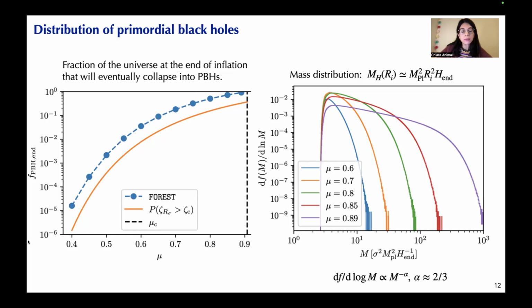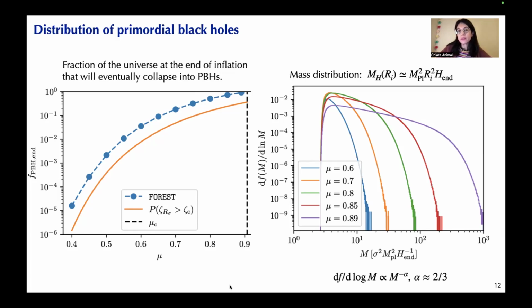We also compare the result of our numerical procedure, that are the blue dots, with a simple analytical estimate that is based on a Press-Schechter calculation on the curvature perturbation. We see that the two results have the same behavior, and the difference is of about 1 order of magnitude. And this is quite remarkable given the differences between the two approaches, and it also shows that predictions that are made usually in the stochastic delta N program in the literature can be considered fairly reliable.